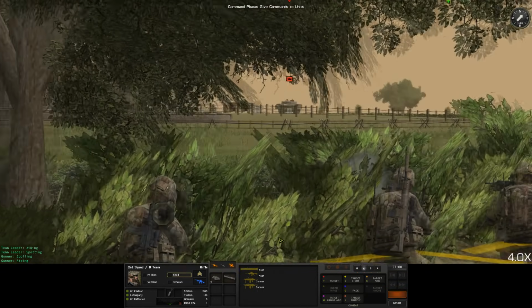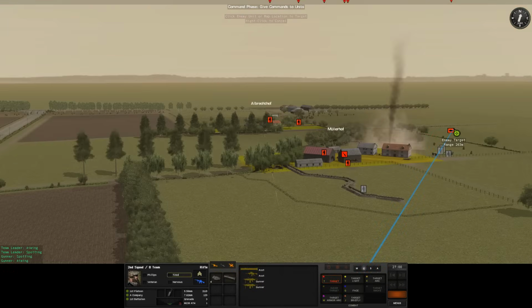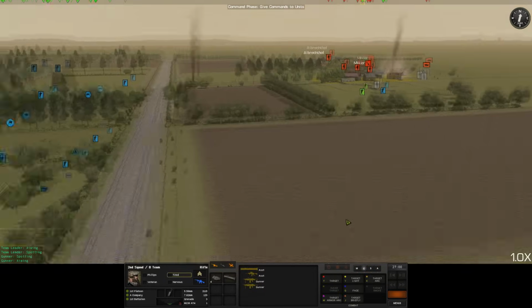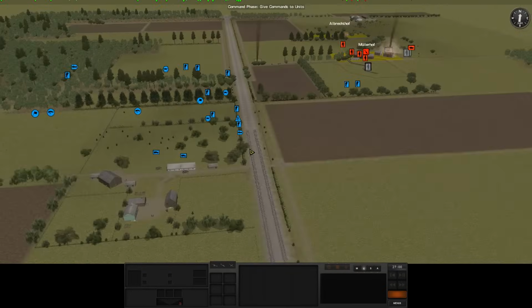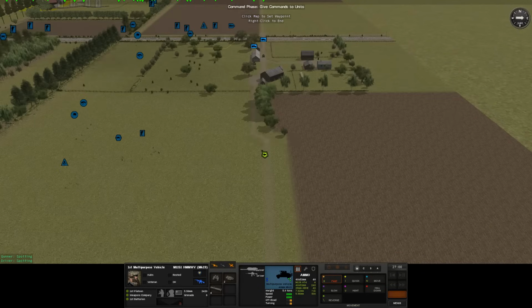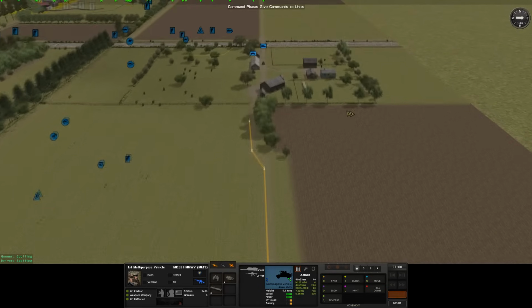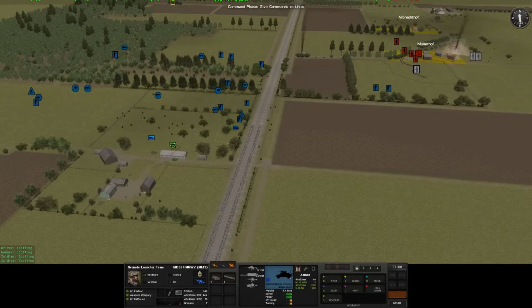Sergeant Phillips is going to miss. What's the distance? 263 meters with an 84. I mean, I'm going to let him take it, but he's going to miss. Might as well bring the Humvee HQ up. There's no point. I mean...